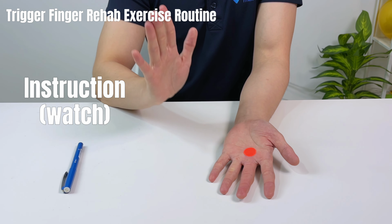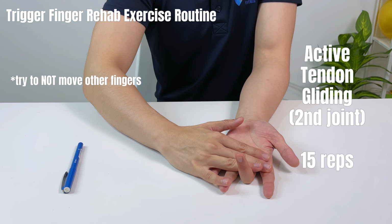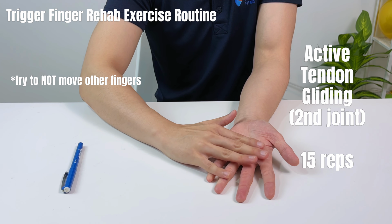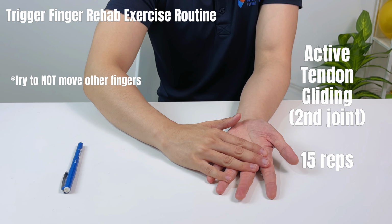Okay, let's begin and do this for 15 times. Ready? Hold here, bend up, down. Right? If you are having troubles with the other finger, just try to stabilize them with your hand. Okay, 2, down, 3,